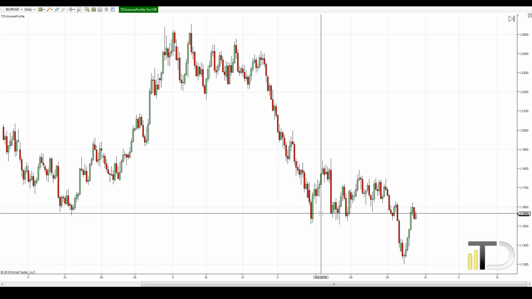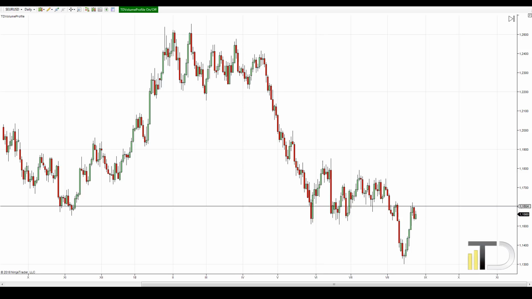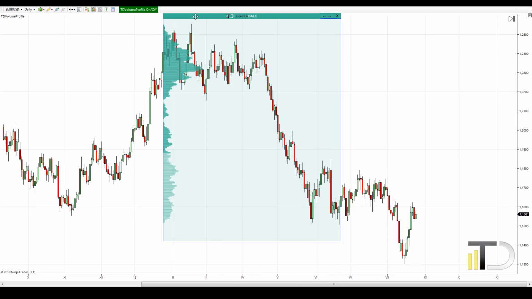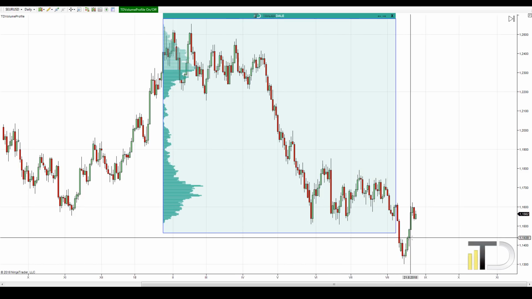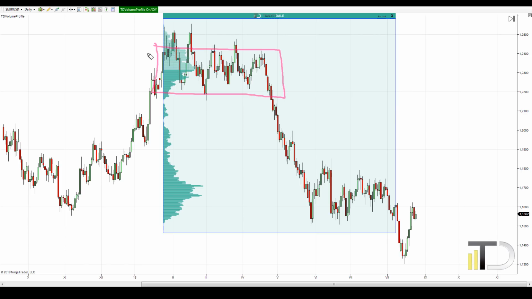Before you can see a daily chart of euro dollar, and for my analysis I'll be using my flexible volume profile tool which I've developed. It is a histogram which shows where the institutions placed most of their volumes. So let's start with this very long rotation on the euro. In this sideways price action, you can see that the really heavy volumes got accumulated. The wider the profile, the more volumes accumulated. So you can see that the profile is very thick in this area, which means that heavy volumes got accumulated